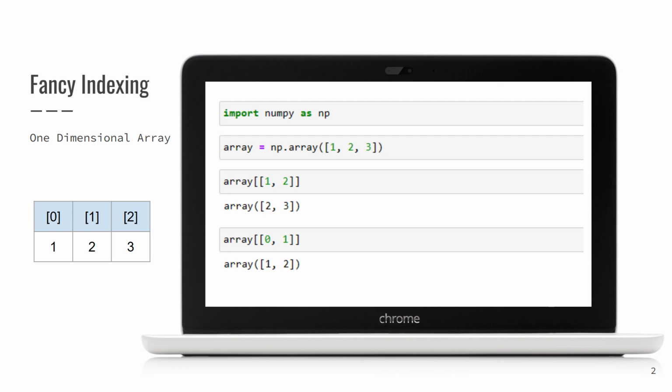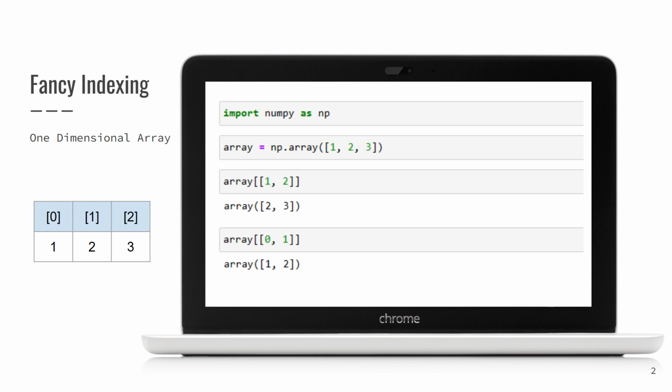The main idea behind fancy indexing is very simple. It is passing a list of indices to access multiple elements at once. So to be short, it's an indexing using multiple indices, not a single index. That sounds interesting. For example, if you have an array with three integers 1, 2 and 3, their indices are